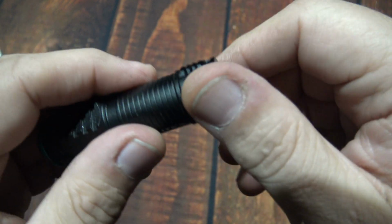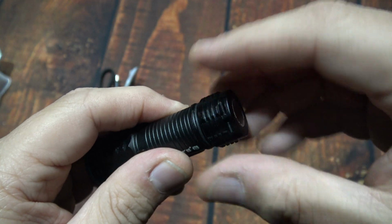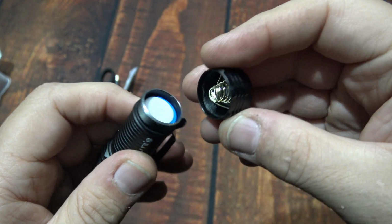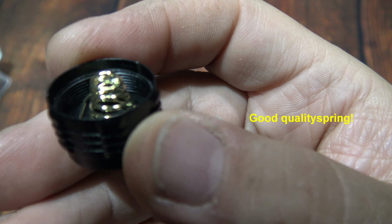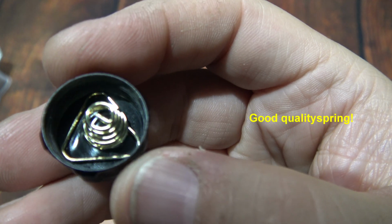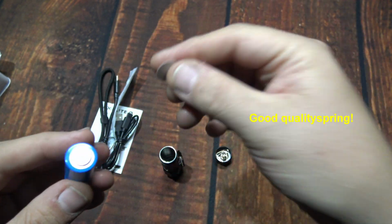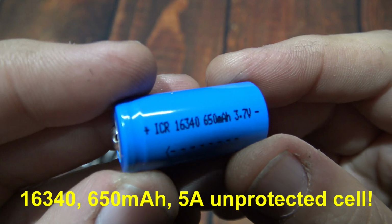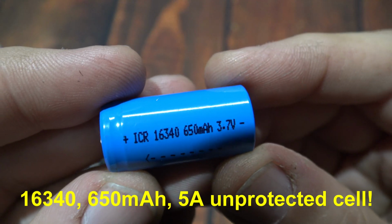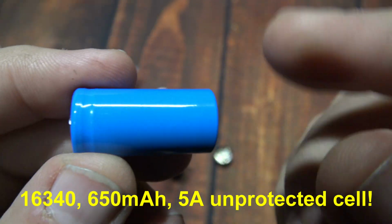Alright, so now let's take it apart and I'll show you the battery it comes with. Tail spring. You got a protection piece here on the battery. You want to remove that. Here's the little 16340. This is 650 milliamp. You can use the